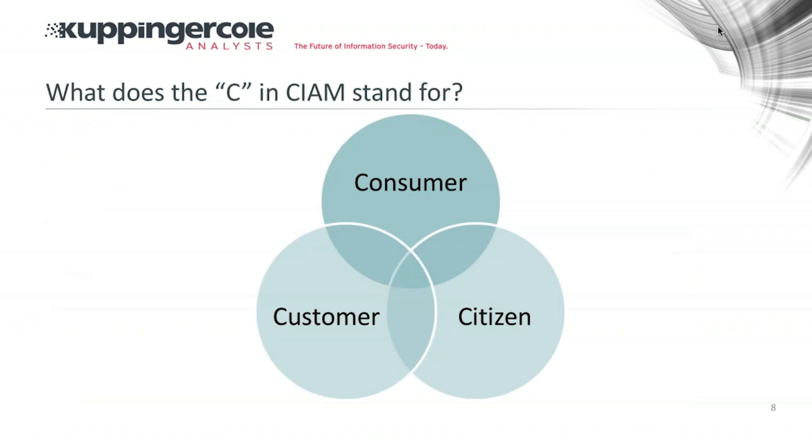As I mentioned, we had our Consumer Identity World Conference a couple of weeks ago here in Seattle, and one of the questions that keeps coming up is: what does the C in CIAM stand for? There's a bit of nuance between consumer versus customer, but another topic that floated up from the crowd was that these solutions also apply to citizens. So let's say that the C in CIAM can stand for either consumer, meaning end user, customer, which in some cases might be business to business, and then also citizen.